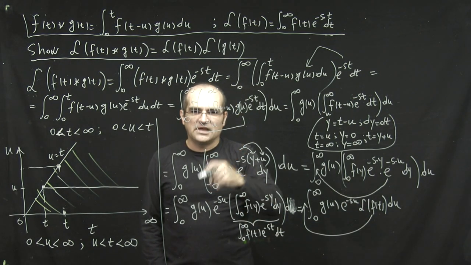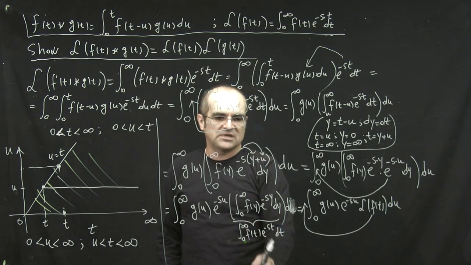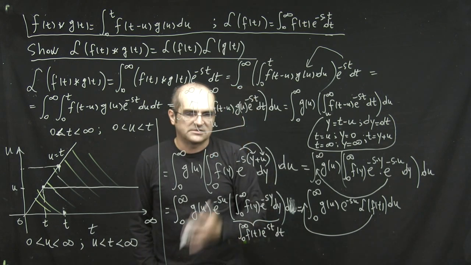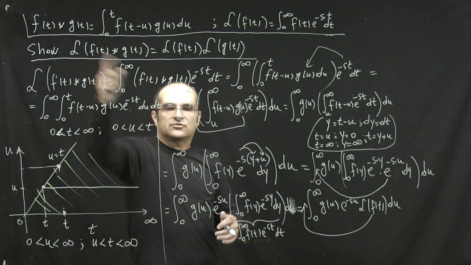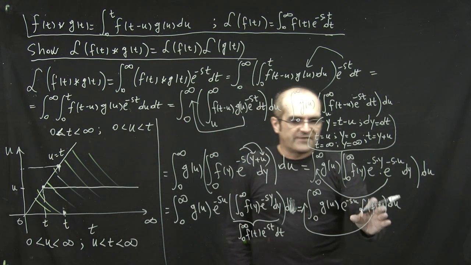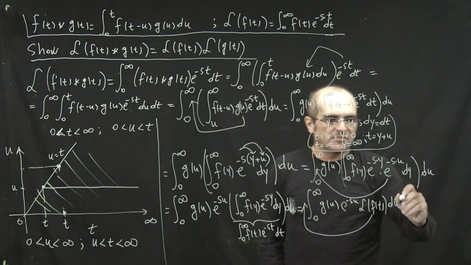Again, f of y or f of t doesn't matter. I hope it's not confusing here. I had to use y because I used t before, but just for computing the innermost integral, you could simply replace y with t to revert back to the original notation when you took the convolution. So the key point here is that the L of f of t comes out of the integral,